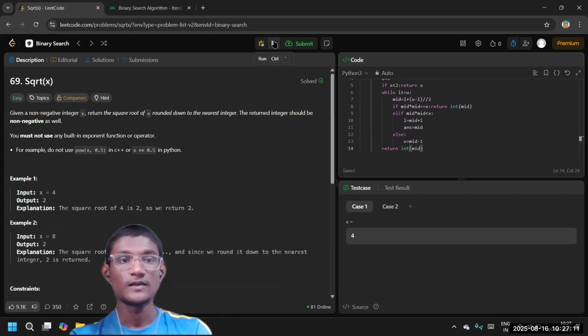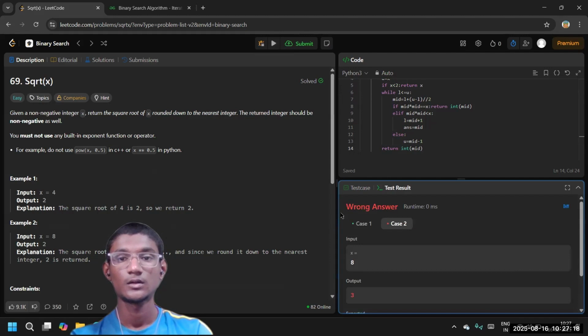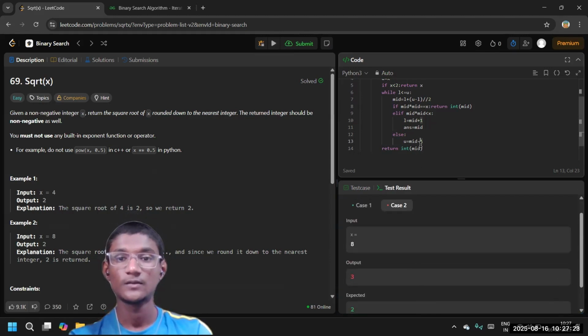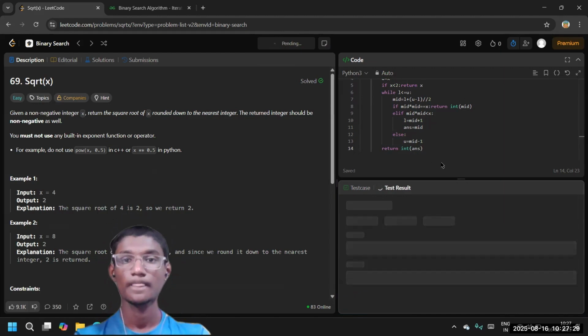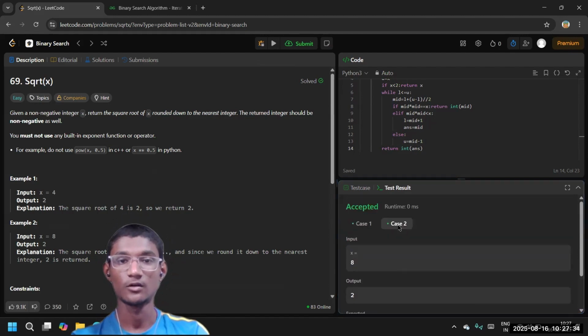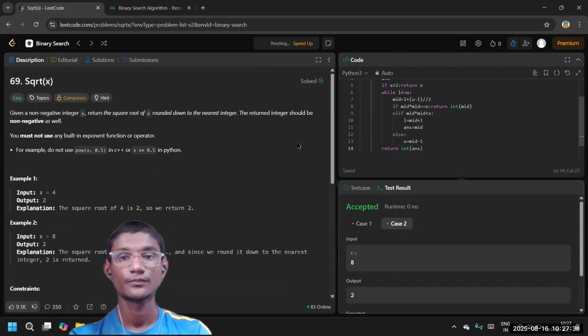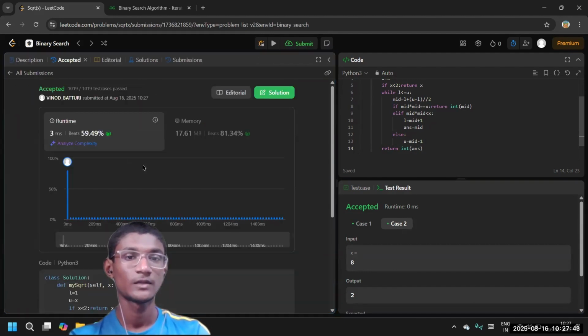Let's run this code, guys. We got some wrong answer. See, we should return the variable here, right? Yeah, passed. Let's submit this code. I got it. So this is